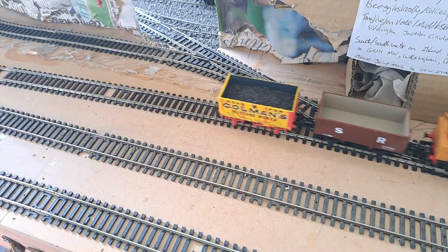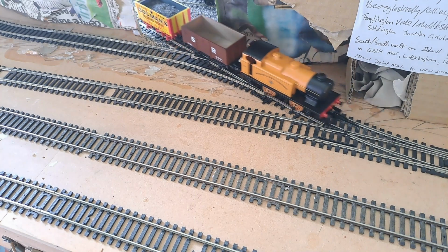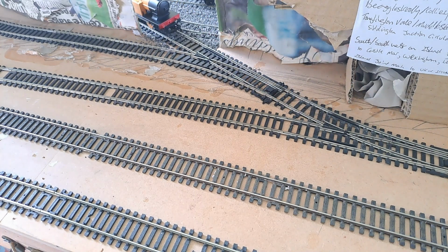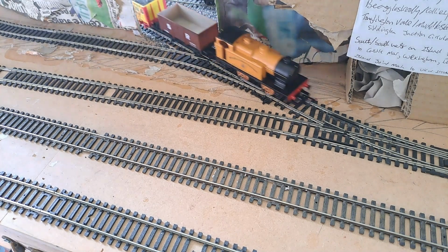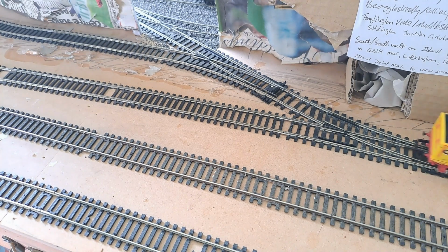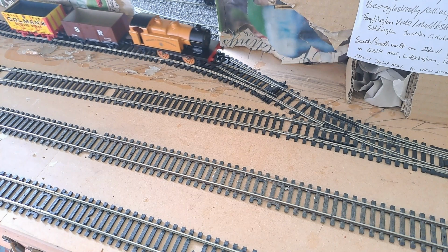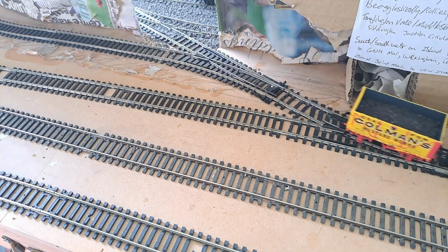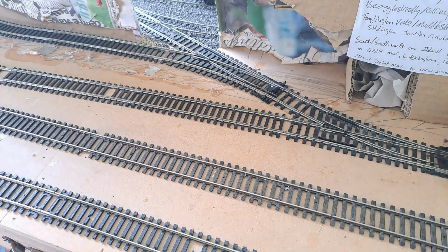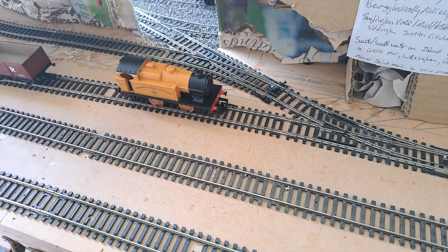Here we go, we have a train there. Just try shunt that. We'll go straight in first. No trouble there. And oh, it's stalled on the points. That's those points that were being rubbish, that's what it is. And we'll go into the siding now and see. Oh yeah, no trouble, even with the narrow tension locks there. And we'll just try it with something that has a normal tension lock, but a longer